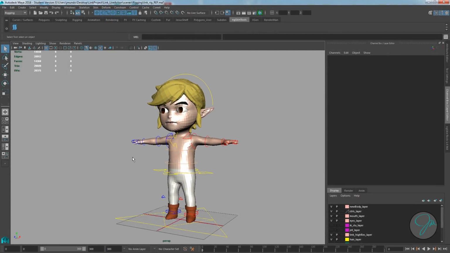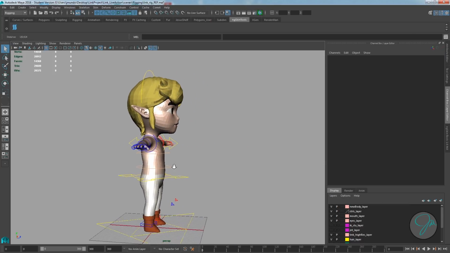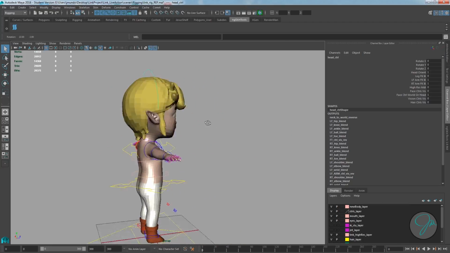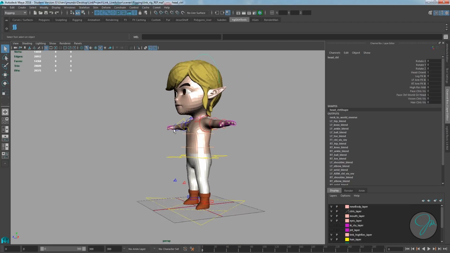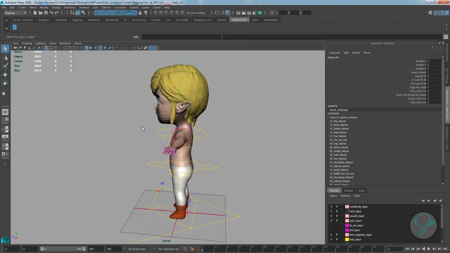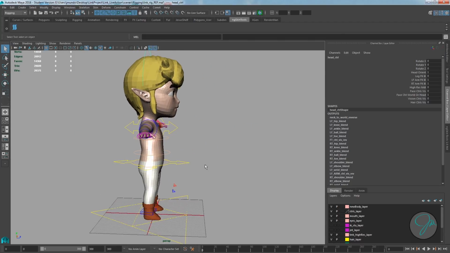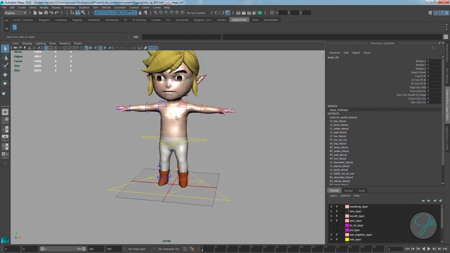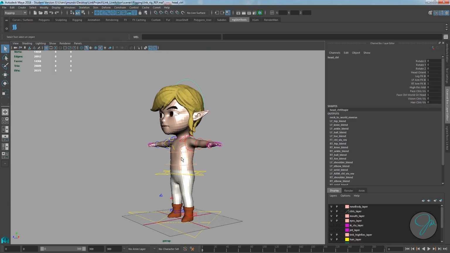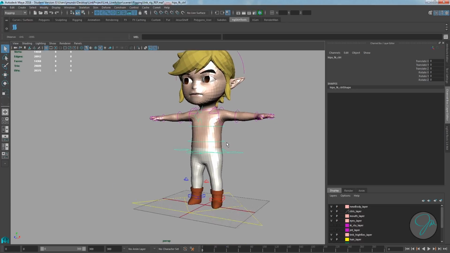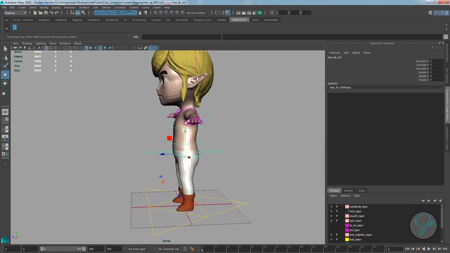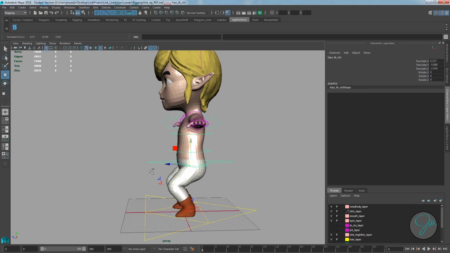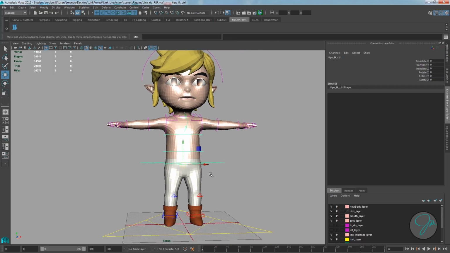Okay, so today I will be going over Link's rig, usage, and features. I plan to release Link to whoever wants to use him after I finish the entirety of the project. So to begin, Link is a pretty basic rig. Nothing special really. He has an FK-IK spine, FK-IK switches for his arms and legs,